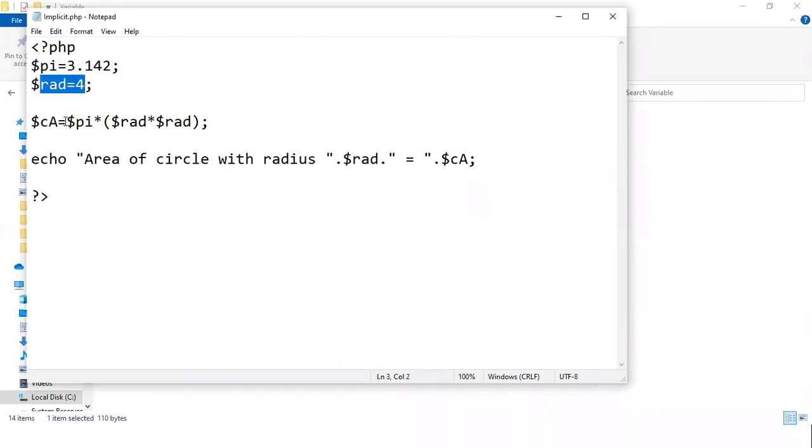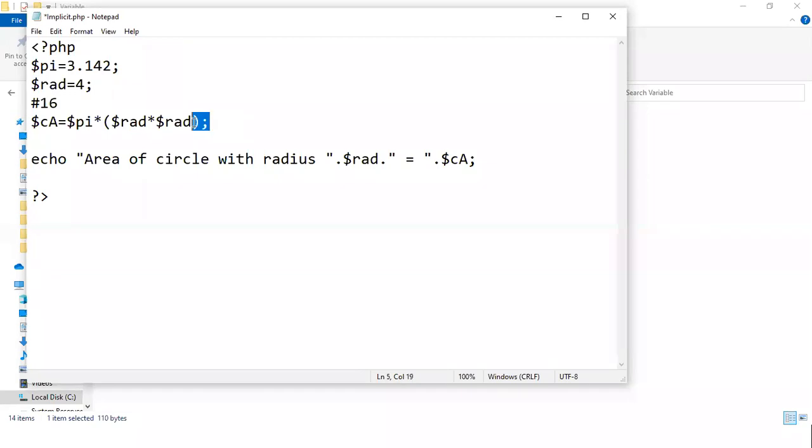Here one expression is there: 4 into 4 means I am squaring the radius, and then multiplying with pi. First it will execute the expression in the parenthesis. Remember, parenthesis has the highest priority. So first it runs 4 into 4, which produces 16.